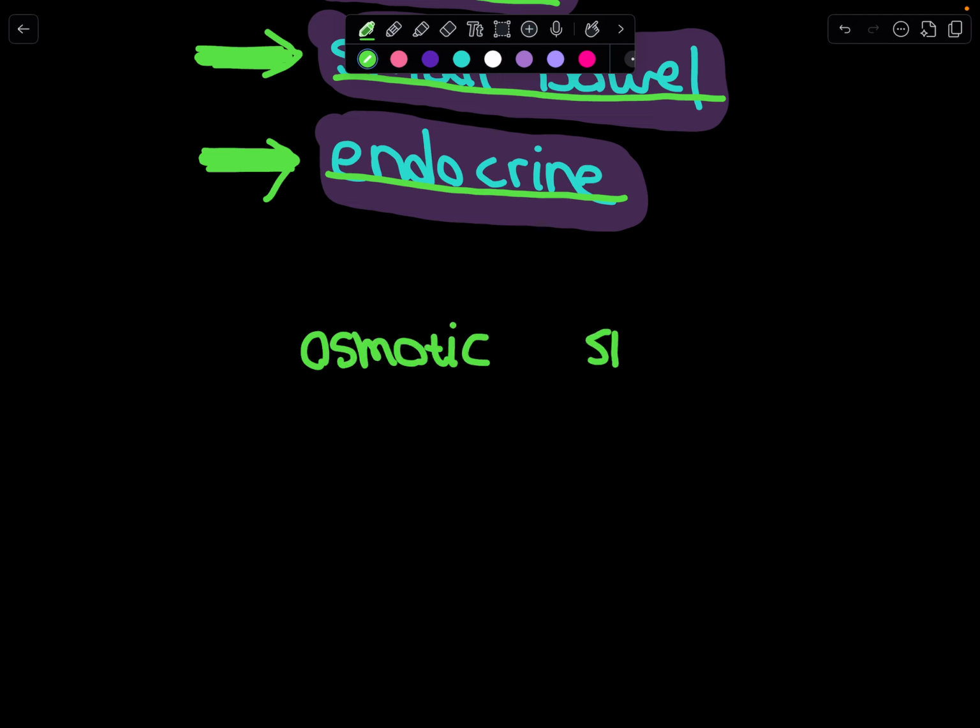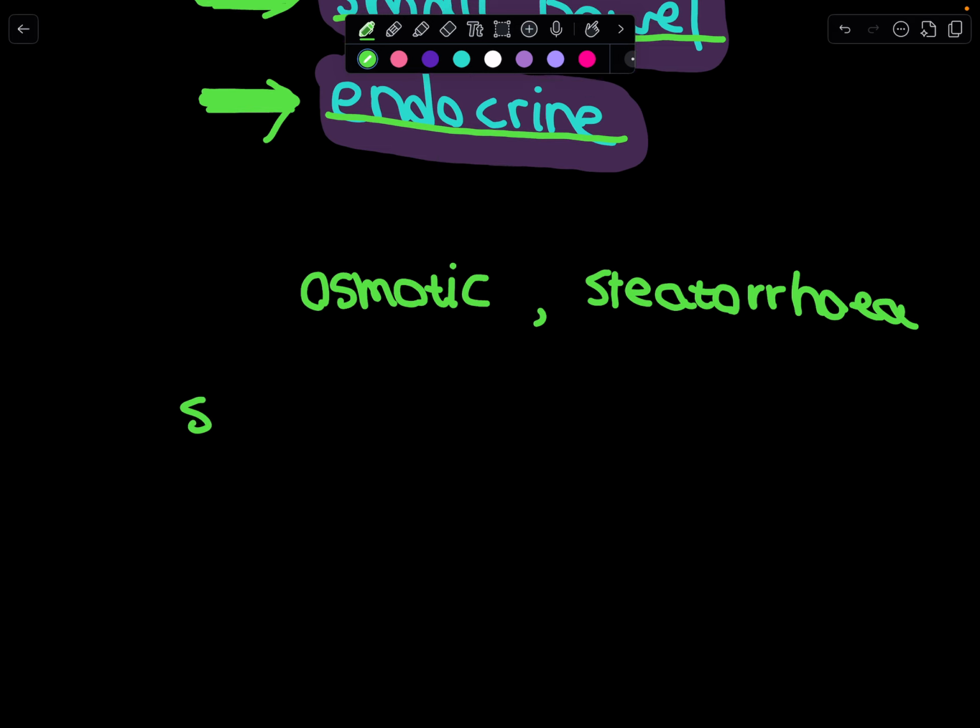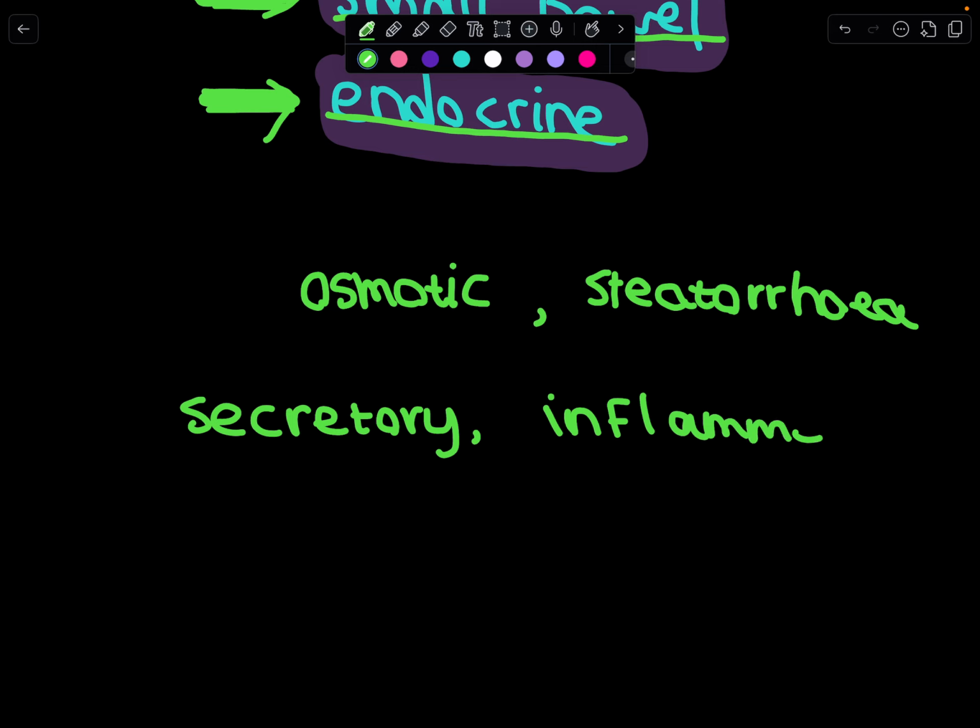Diarrhea's mechanisms explain how it happens. Osmotic: undigested substances, like lactose in lactose intolerance, or unabsorbed carbs in celiac disease, pull water into the gut, causing watery stools. Stops with fasting. Secretory: toxins like from cholera or E. coli, or hormones like in carcinoid syndrome, make the gut secrete water and electrolytes, leading to large volume persistent diarrhea,